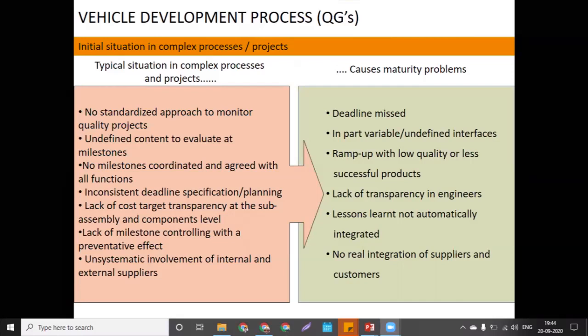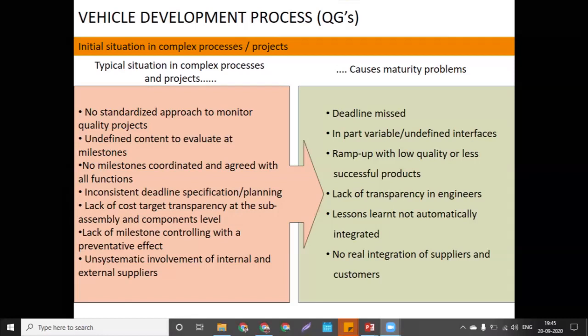Again, there is no milestone coordination and agreement with all the functions. The deadline will definitely be missed, 100% deadline miss, because there is no perfect agenda or perfect timeline for when to deliver, what to deliver, and to whom to deliver. So miscommunication will definitely be there.